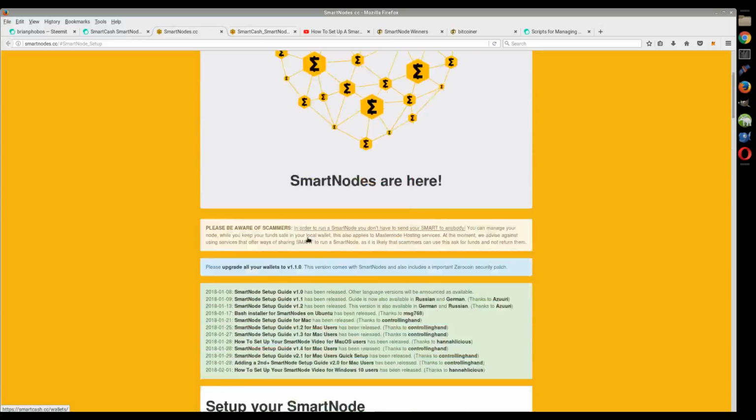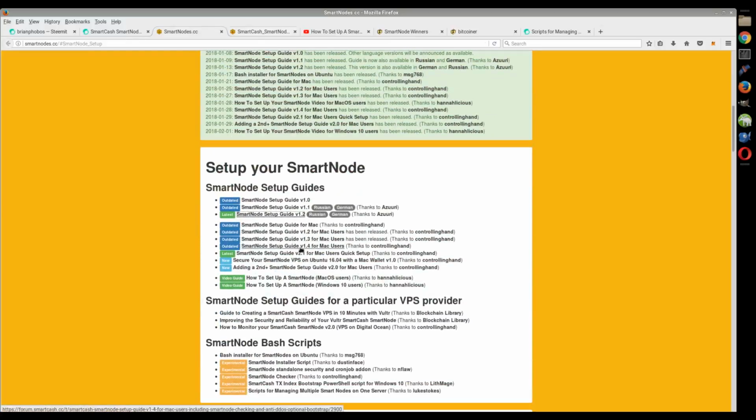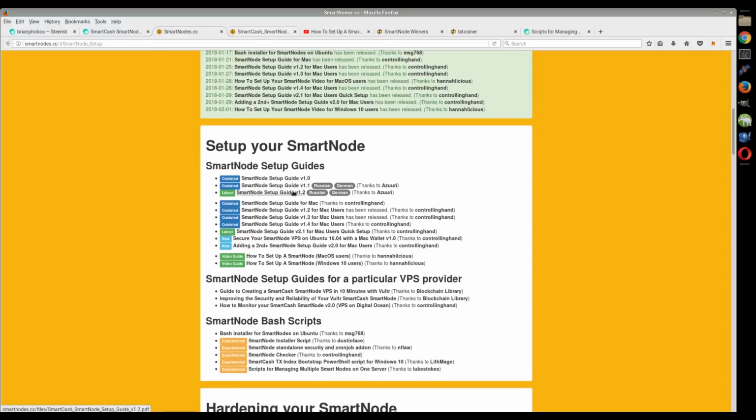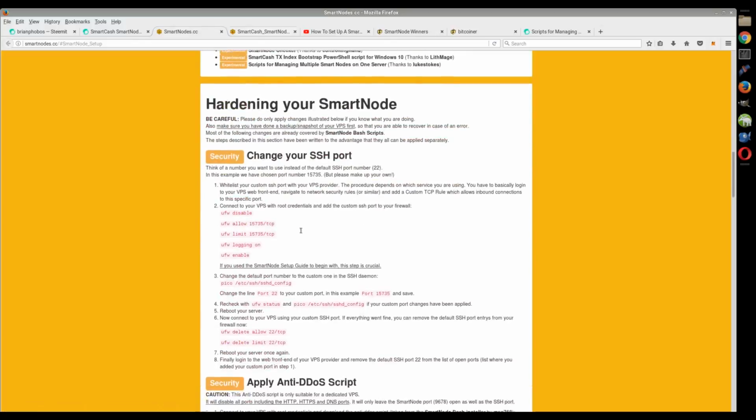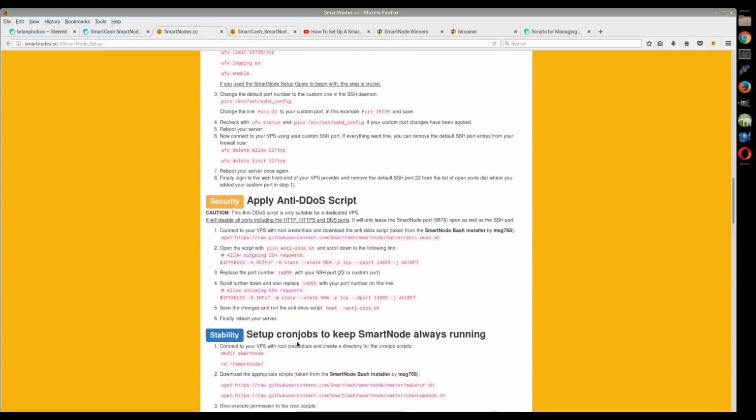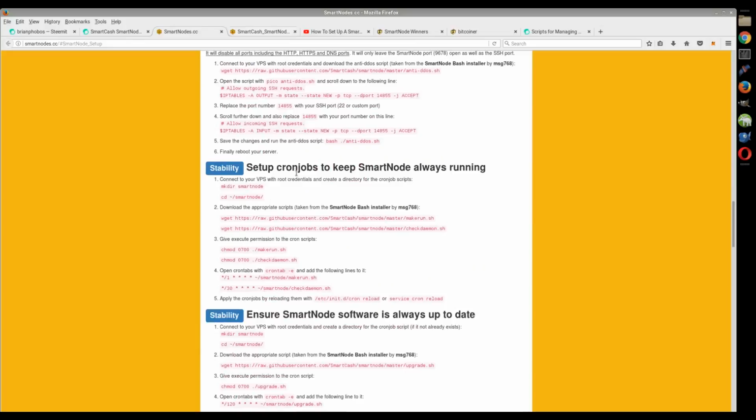I've linked to this too. This is an overall page where they have the guides. Make sure you're following the most up to date guide, whether you're doing Mac, because there have been several iterations of the Mac guide, and a couple iterations of the Windows guides. So make sure you're following the latest ones. And then this goes a little bit more into hardening your server, and if you want to get more into this stuff, you can do all kinds of stuff. You can set up cron jobs, all kinds of stuff,